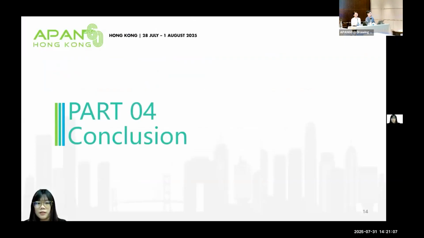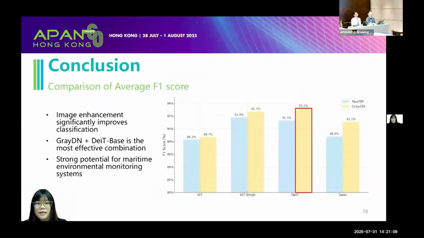And to conclude, our study clearly shows that image enhancement plays a vital role in boosting the performance of oil spill classification using SAR imagery. Without enhancement, even powerful models like vision transformers struggle with subtle or visually ambiguous features.